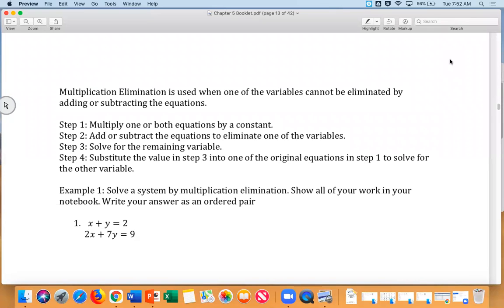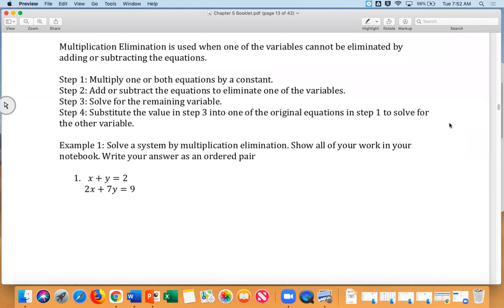So when you guys are going back and watching my YouTube videos, which I don't think anybody really does, multiplying one equation. All right, so last night when you guys were doing the IXL, you guys noticed it changed,